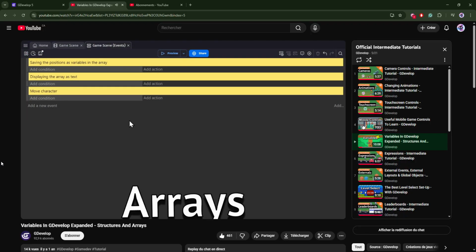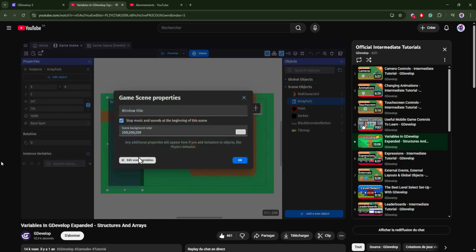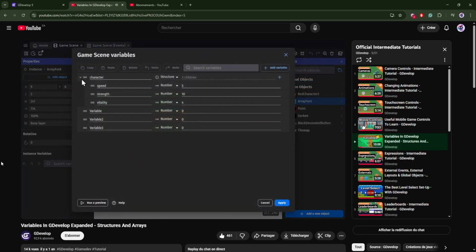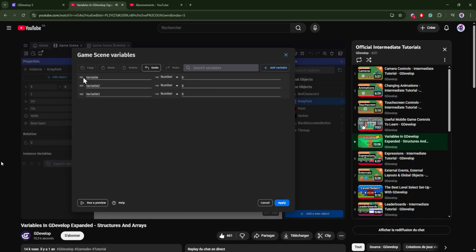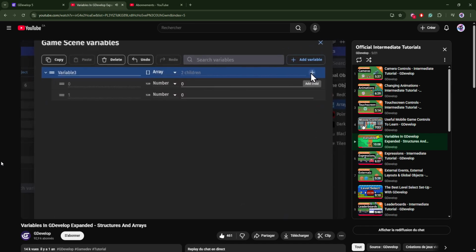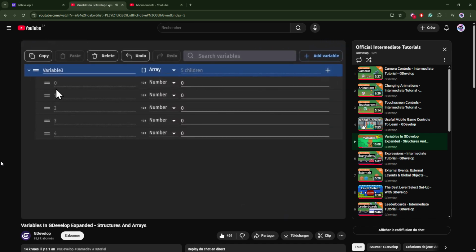But now we move on to arrays. Back in the game scene, we'll go to the scene variables, and we'll get rid of these. So we'll turn this variable into an array. And when I add children to this array, instead of being able to write in the name of the variable, it automatically sets it to 0, 1, 2, 3, 4, and so on,